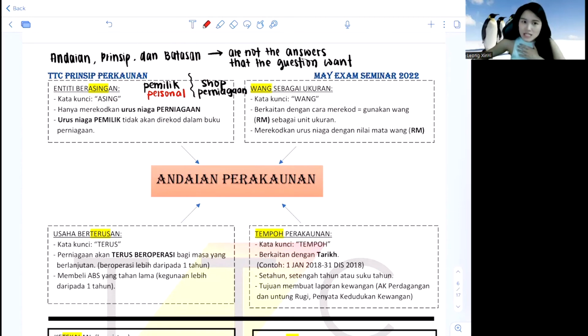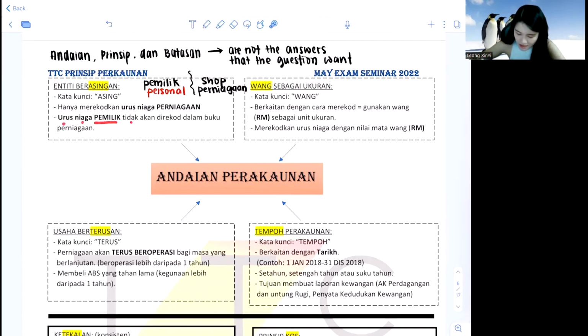I am an accountant that works for your shop. So if the transaction is done within the shop or related to anything of the shop, then yes, I will do the recording for you. But if it's of a personal use and nothing related to the shop, should we record it into any of our buku? Answer is no. So can you see? Urus niaga pemilik tidak akan direkod dalam buku perniagaan. So what type of questions do they usually come up with? Contoh,